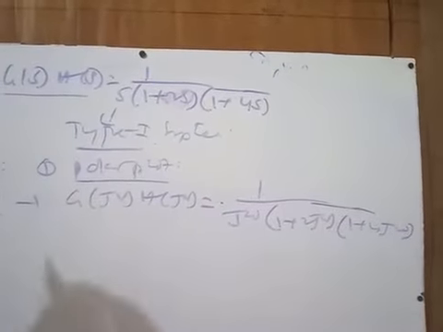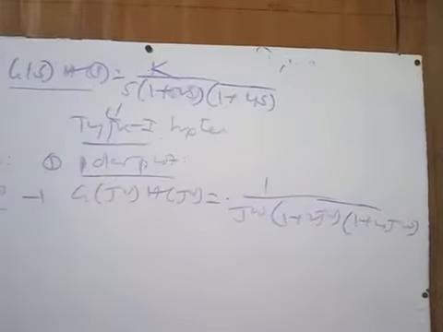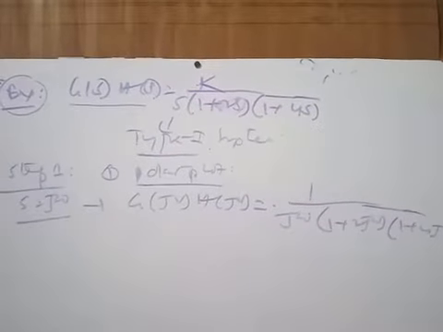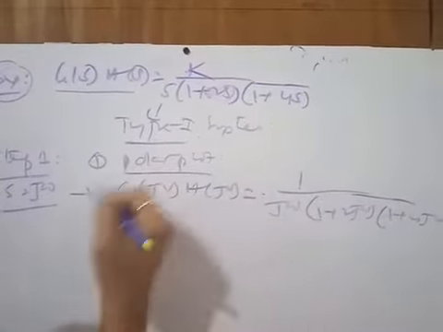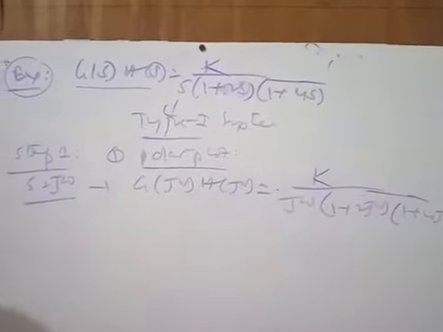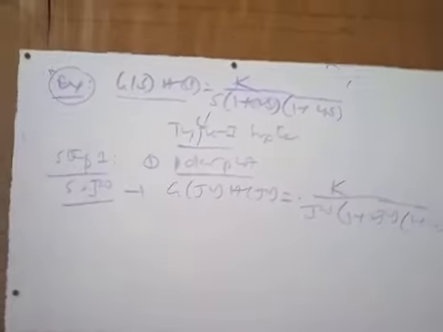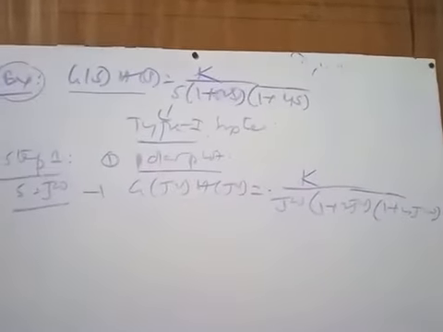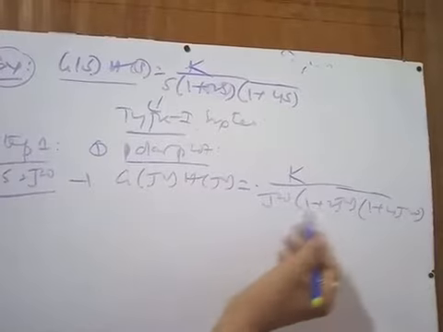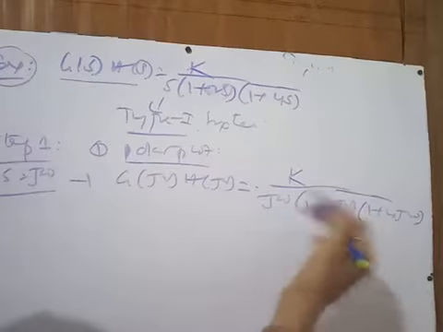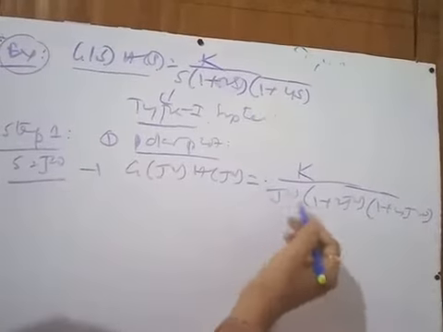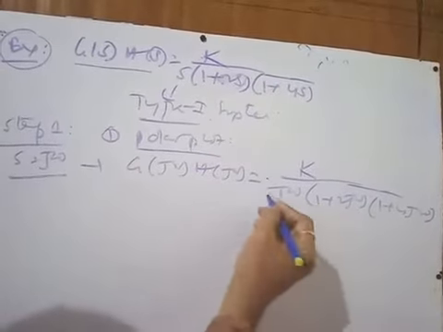Right? Now if you take this transfer function, instead of 1 in the numerator we can take any value k. So the sinusoidal transfer function in frequency domain will be like this. So k is some constant, maybe integer, maybe fractional, whatever the value of k you may take. So k by j omega into 1 plus 2 j omega into 1 plus 4 j omega. Now from the denominator part you have to rationalize this part. So ultimately you have to multiply with the complex conjugate of the denominator.